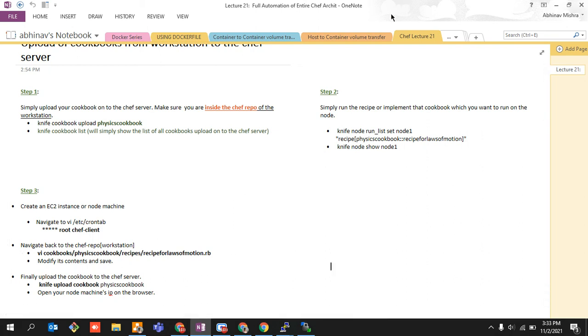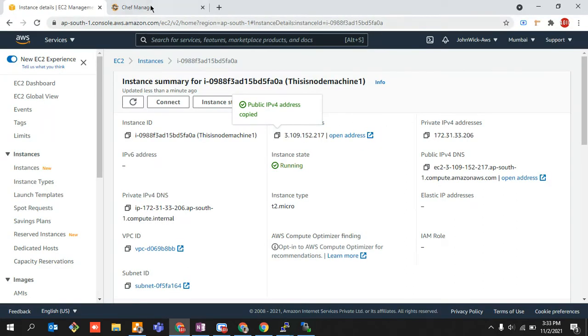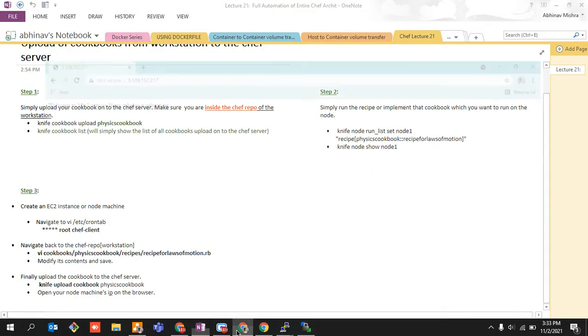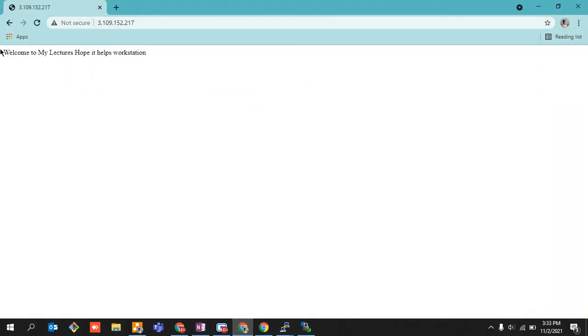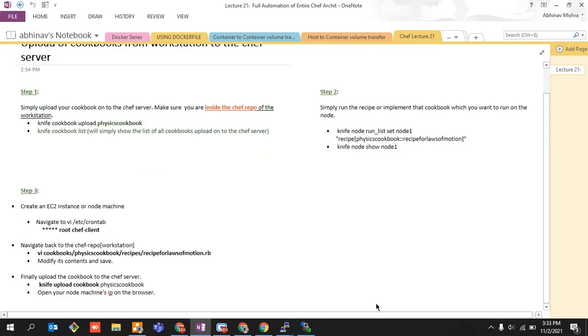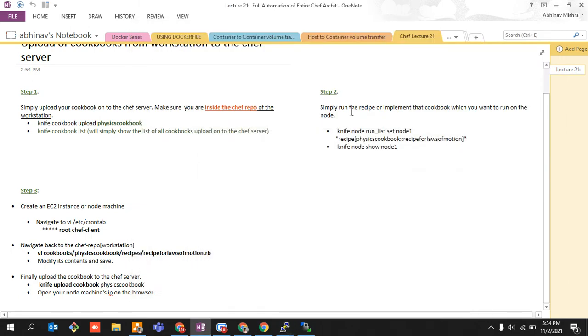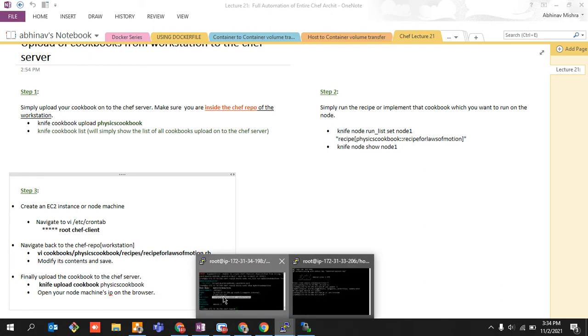So guys, till now we have entirely automated the entire architecture of chef, right? This was all our hard effort, and the result was successful, because it happened automatically over here. If I see the private IP, public IP, it automatically pulled this code. I never wrote any code onto the node, right? I only did one thing onto my node: I went over here and said, hey dude, you need to look onto the chef server every time. That is it. Now come back to your workstation, right?